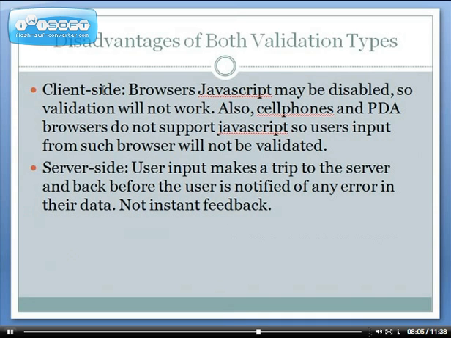Also, the disadvantage of the server side validation is that the input needs to make a round trip. So when a user clicks on the submit button, if your server is in China and the user is in the United States, then